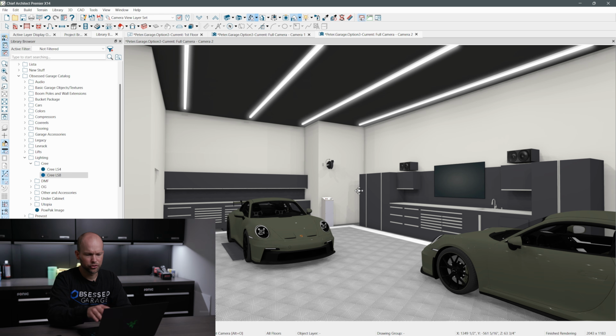We still need to add some under cabinet lighting, which isn't too hard to do. We adjusted the lighting throughout the space and really just tidied up and made things a little bit better with that workbench and stuff like that. I changed some of the